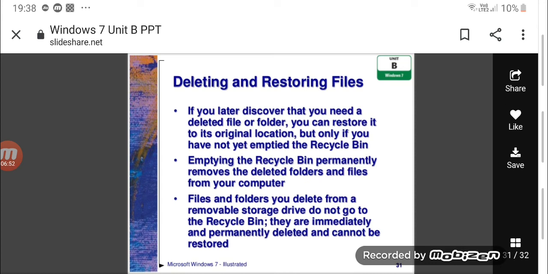If you have emptied the recycle bin, it will permanently remove the deleted files and folders. If not, then you go to the recycle bin, click on the file and say restore. So it can be restored.